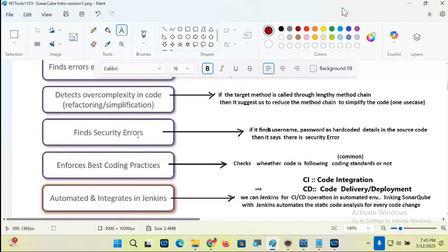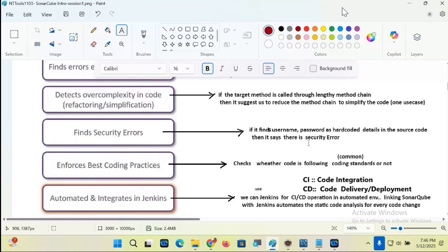It finds security errors, guys. If it finds usernames and passwords as hard-coded details in the source code, then it says there is a security error. Not only username and password, any important sensitive information you hard-code, the programmer observes it, someone, hackers may observe it, and may take advantage of it.